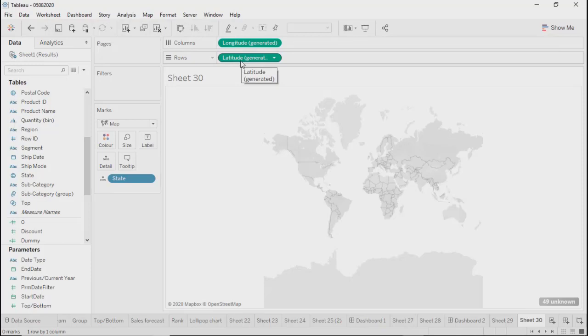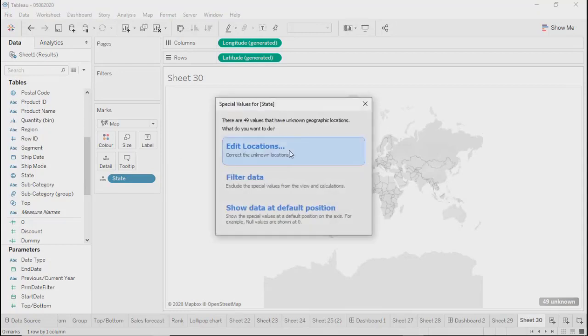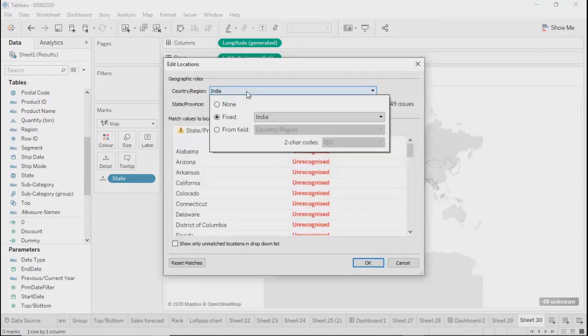Because Tableau understands the names of states, and that's why these values came. The problem is they are not there in this map at this moment. The reason is that this is US data. So I need to go ahead and map it first of all.